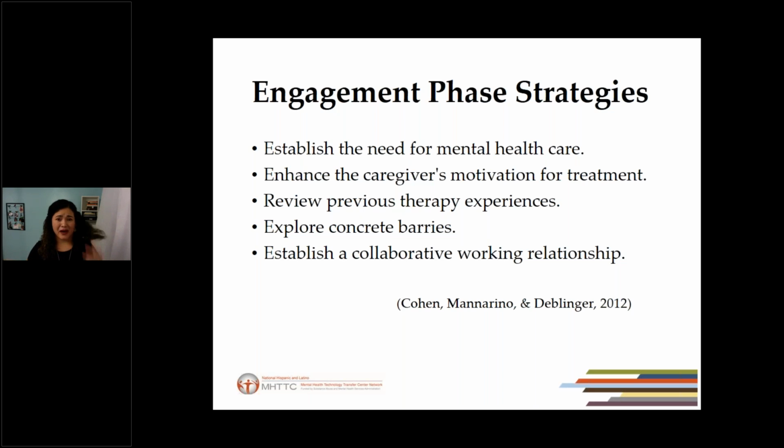Also let them know that it doesn't mean that they're crazy, que están locos, because the stigma about mental health is really strong. And when you provide education and information, maybe using different videos, it will help them understand that, yes, you're here, and we're going to work through this together. I'm going to provide some recommendations that you can implement. This is a growing process for the therapists, but also for the clients and the client's family. So it's a two-way process.